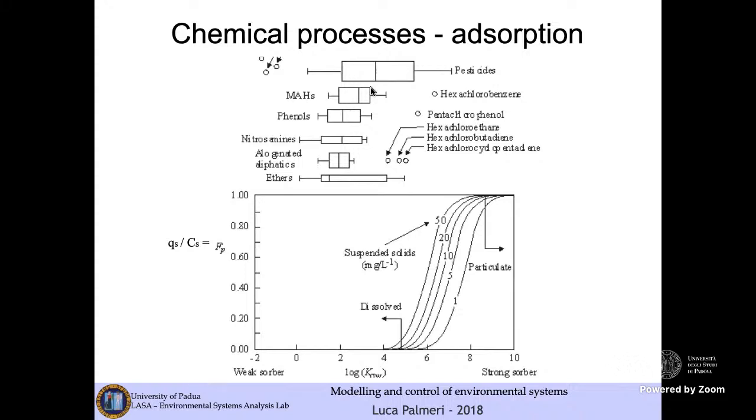Is it clear? So this is an attempt to describe where I expect to find the contaminant, in the dissolved phase or particulate. I will more likely find the contaminant in the dissolved phase if its log KOW is low,